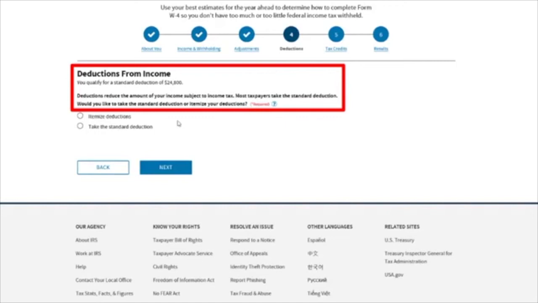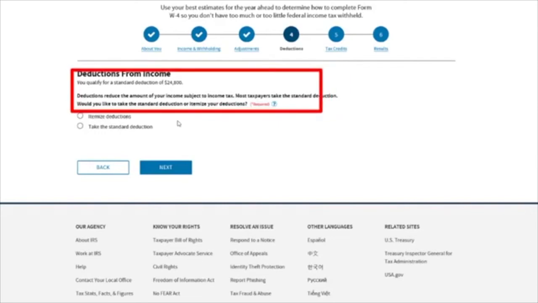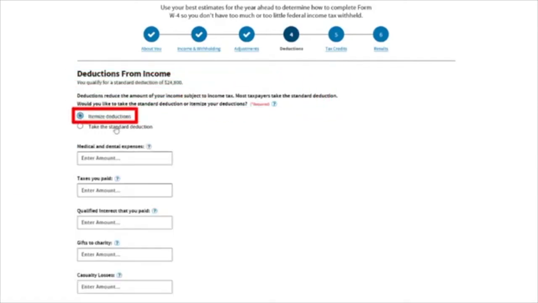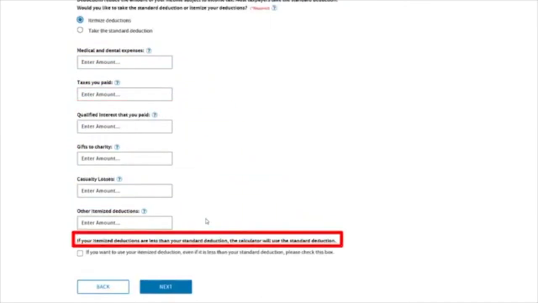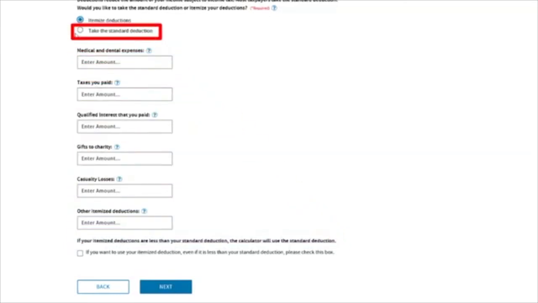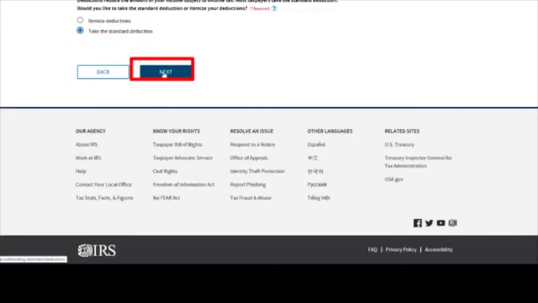Most taxpayers take the standard deduction, but if you'd like to itemize, click on the Itemize Deductions and then fill out these fields. If your itemized deductions are less than the standard deduction, then the calculator will automatically use the standard deduction in your results. In my case, I'm just simply going to take the standard deduction and then click the next button to proceed